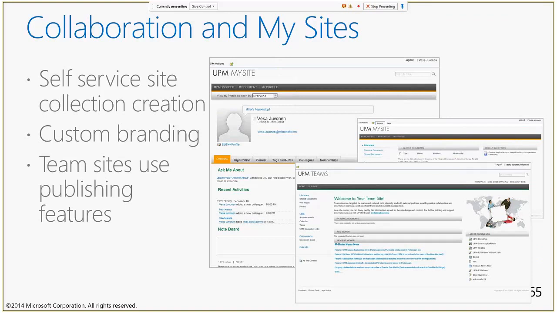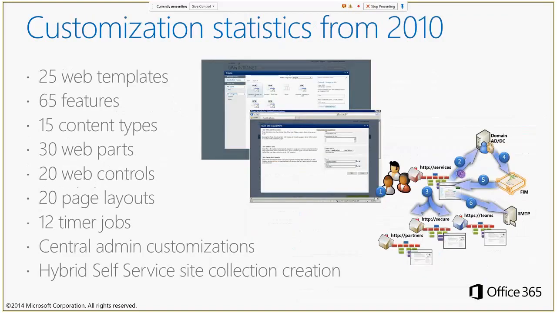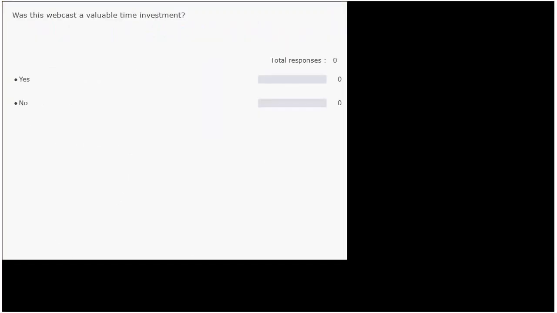If you think about the statistics in 2010, this gives nicely the scale of the customizations. So they had 25 web templates, obviously not site definitions, those are not allowed in Office 365 dedicated, and you shouldn't do site definitions. 65 features, 15 content types, 30 web parts, 20 web controls, 20 page layouts, 12 timer